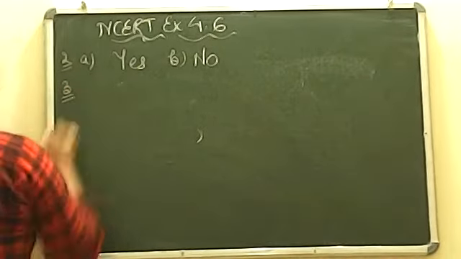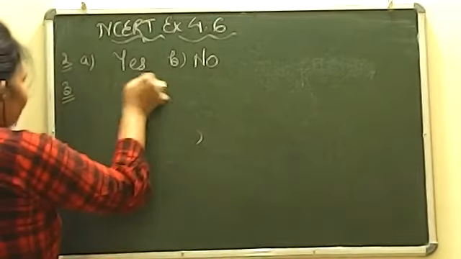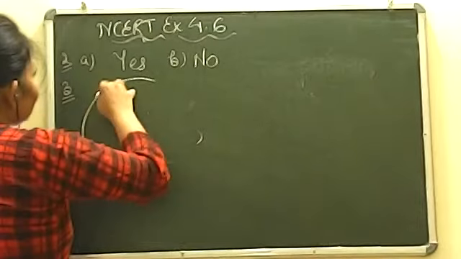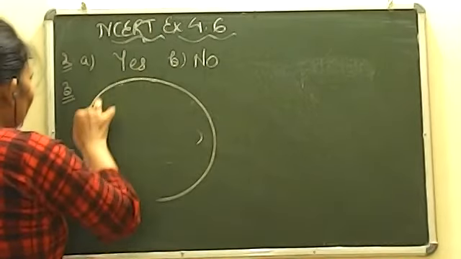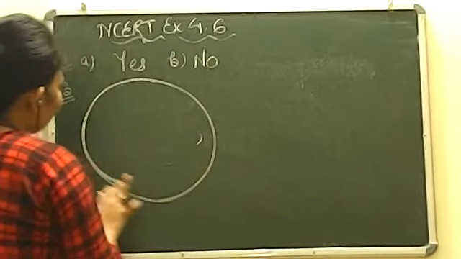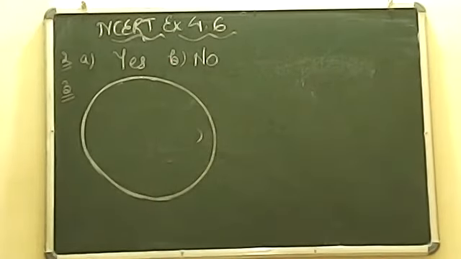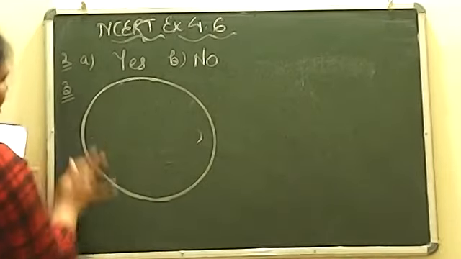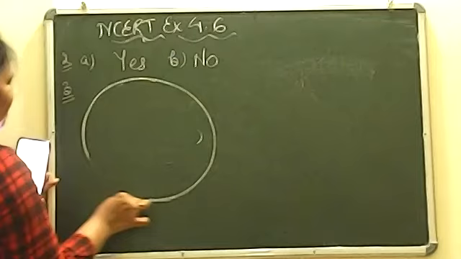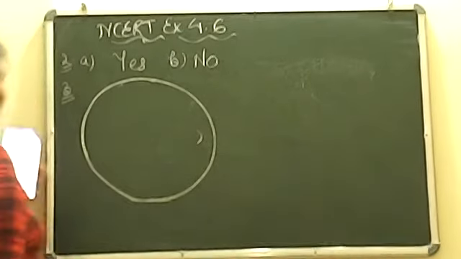Now question number 3 says that you have to draw a circle and mark. Now let us draw a circle and we have to mark certain things on this circle. So students, please keep in your mind, do not follow my names only. जो मैंने लिखा है वही आपको कॉपी करने की जरूरत नहीं है. You can simply write it down what you want. ठीक है, आप अपने अकॉर्डिंग भी लिख सकते हो, नेम चेंज कर सकते हैं आप. ठीक है, so the names can be according to you. Which alphabet you like most, you can write it down accordingly.